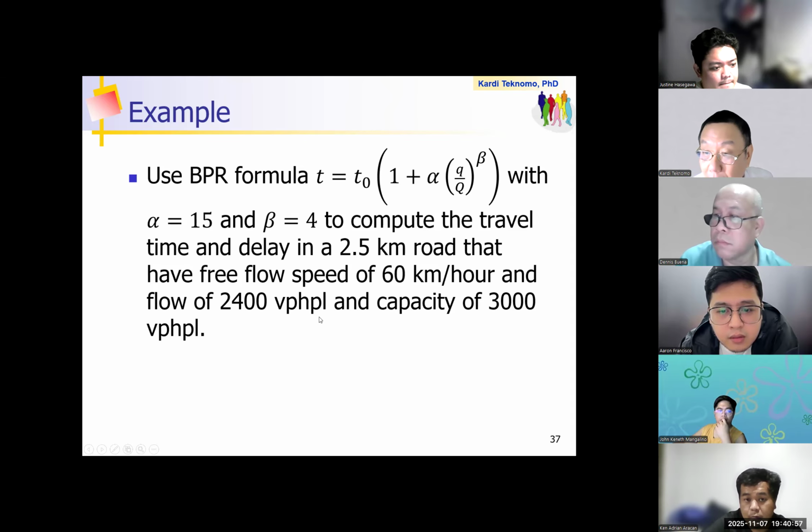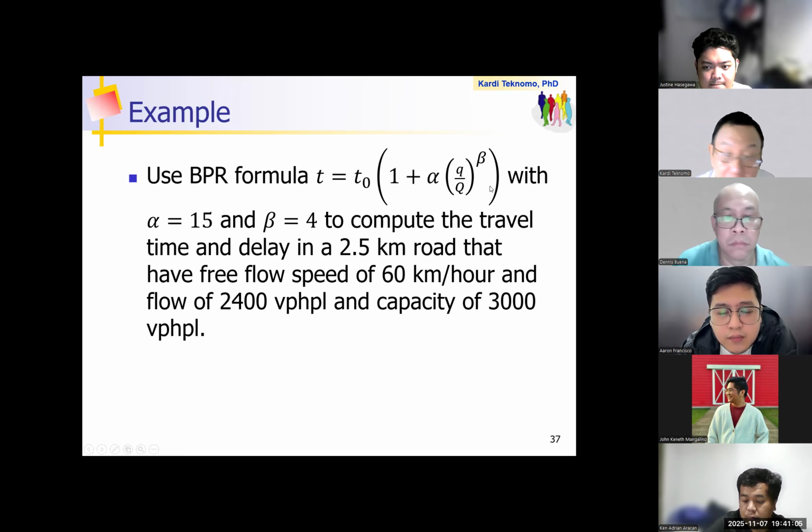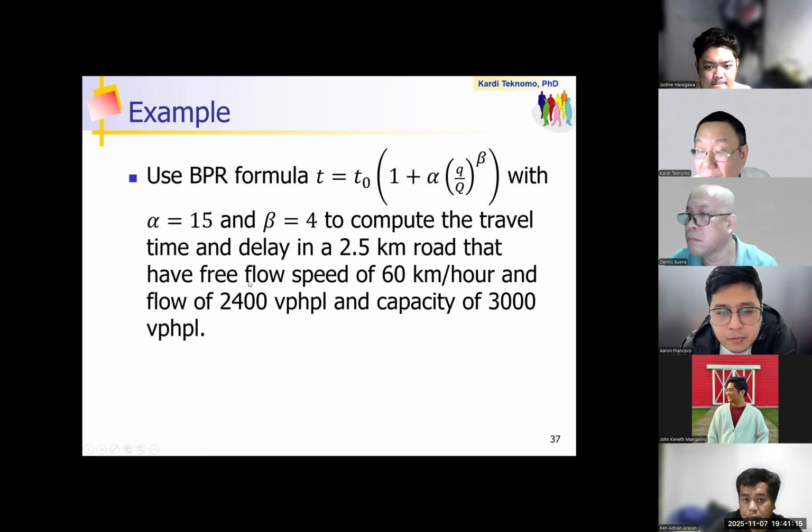Yeah. This one is vehicles per hour per lane. And then the capacity is the same thing. So congestion is basically unitless, the same unit. So that means 2,400 divided by 3,000. Yeah. So that's congestion. The free flow speed is 60, and you have the